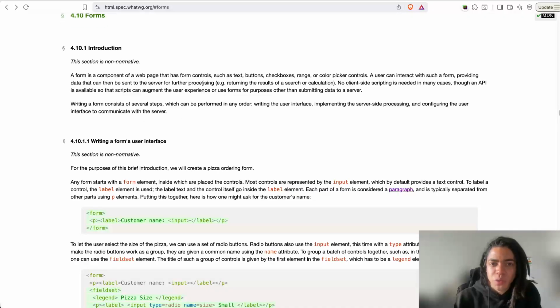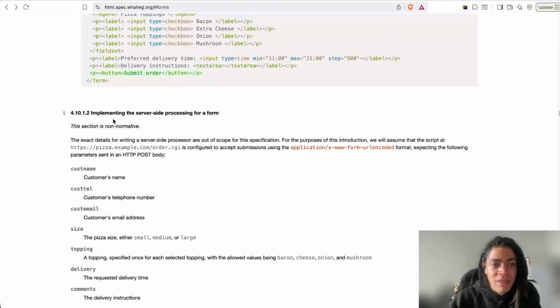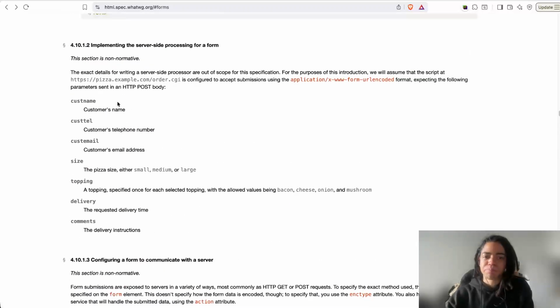So anytime that you want to define a form to collect data and then send that to a server, there are a couple of steps. There is no order, but you need to implement all of them. First is writing the user interface, which I already did. The other is implementing the server-side processing, and then configuring the user interface to communicate with the server. So on implementing the server-side rendering logic here,